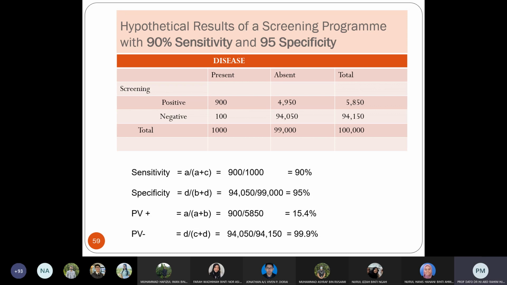So another, just to show the difference in prevalence, high prevalence and low prevalence. Screening with 90% sensitivity and 95% specificity. So you have all these numbers. So sensitivity is calculated here. So positive predictive value is 15.4. Negative